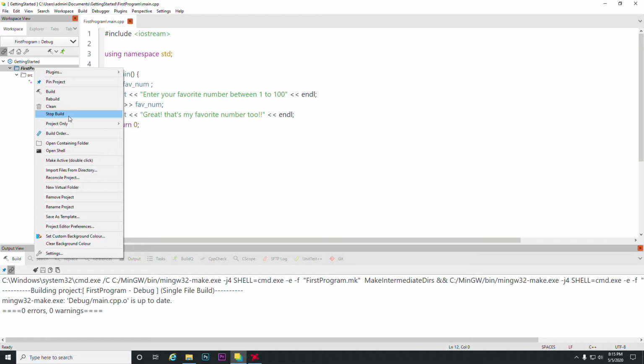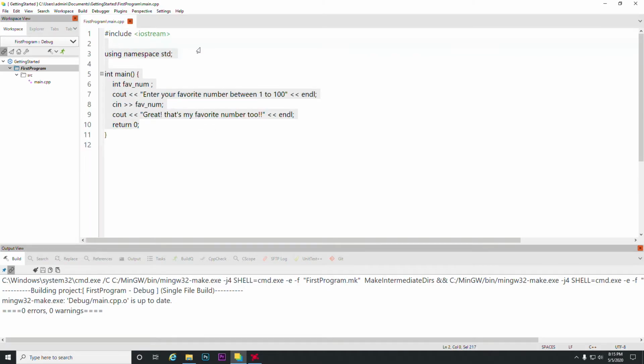First I'll tell you what Clean is. When you compile your source code, this is our source code which will be converted. This is a high level programming language which your computer doesn't understand. So this source code will be converted into binaries, and these binaries will be stored in .o or .obj files. This happens when you build your program. You can see right here,